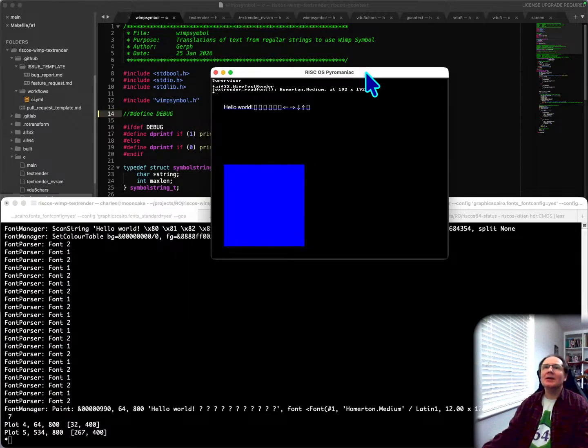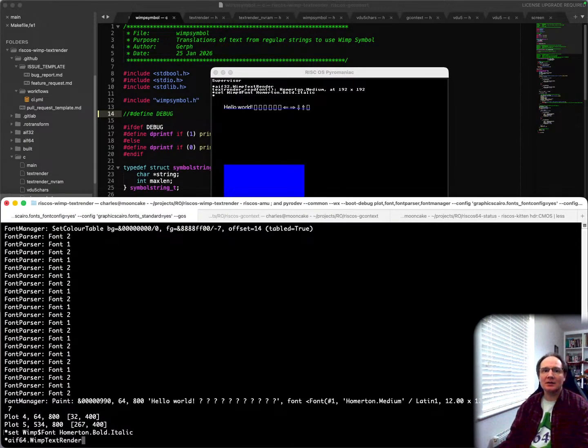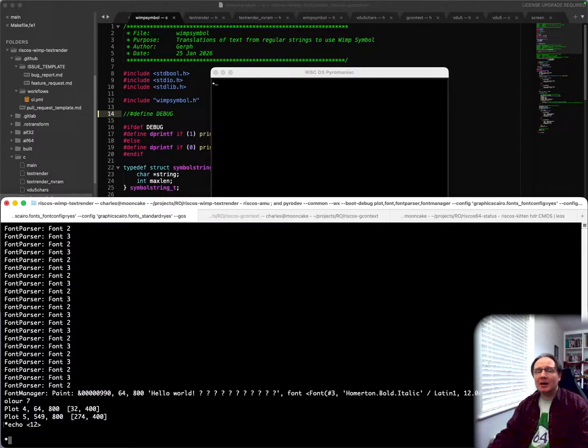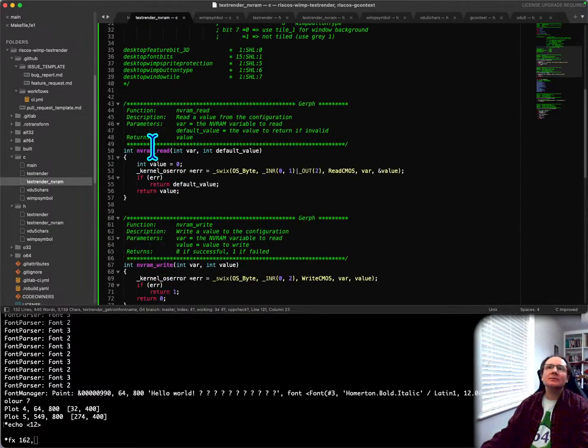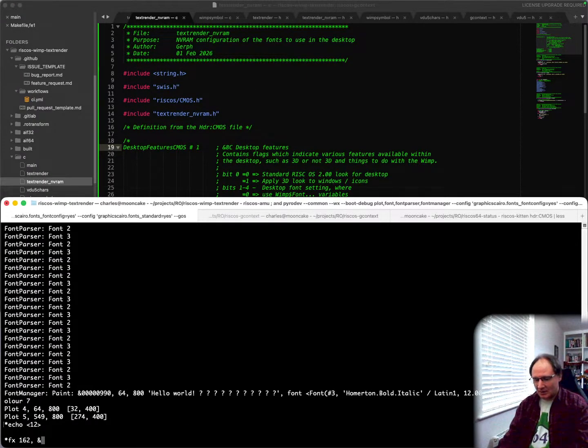There we go, that's better. Right, so if I change the font now, set Wimp$Font to be Homerton.Bold.Italic. We get it in italic, yeah, that's fine. Clear the screen. And if we then do *FX 162, comma, oh, I've forgotten the number. 8C. All right then. 8C,